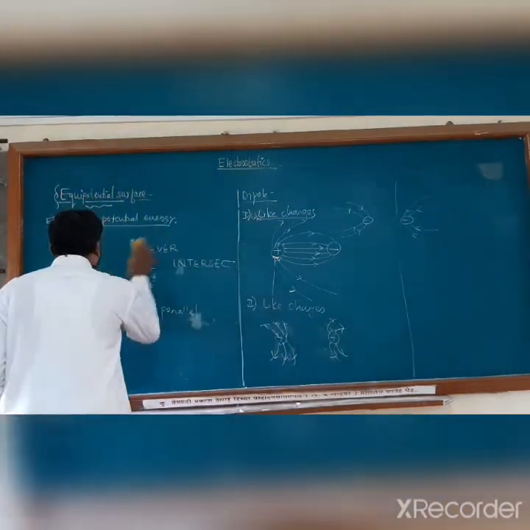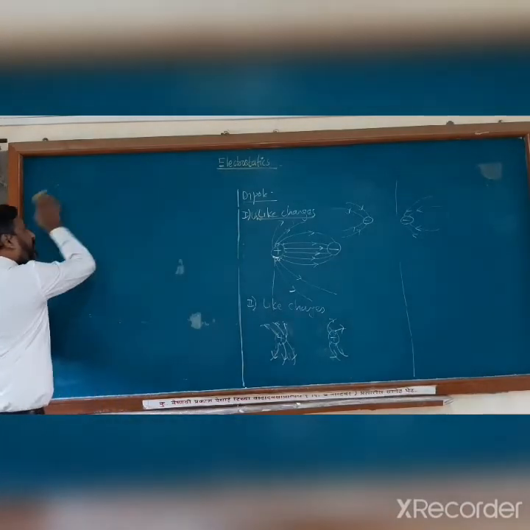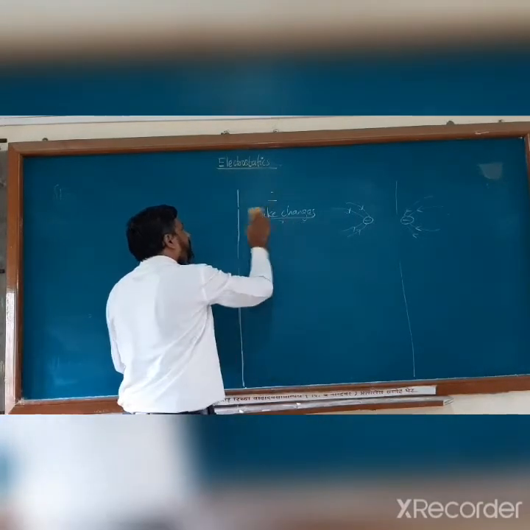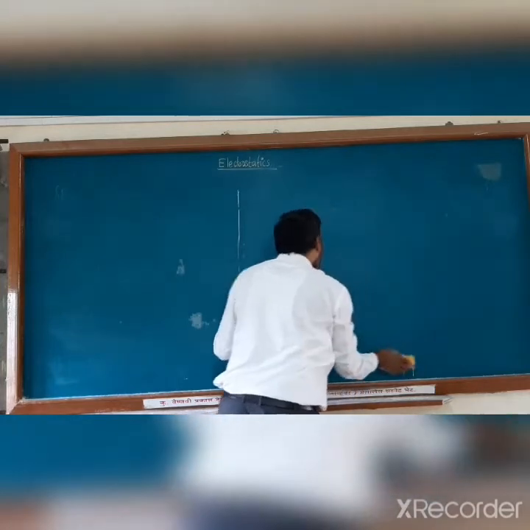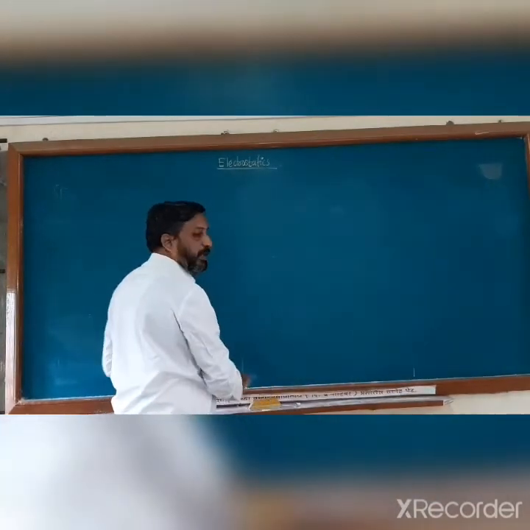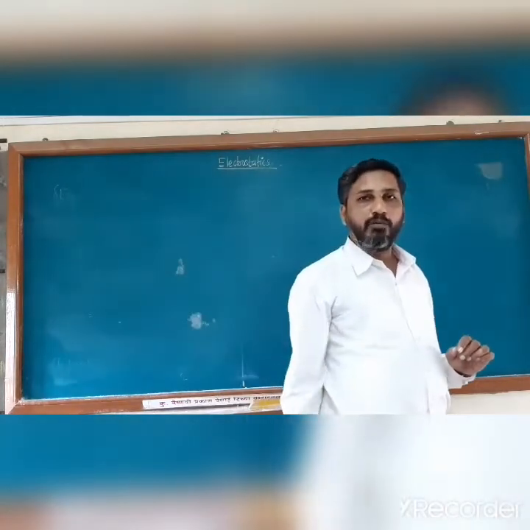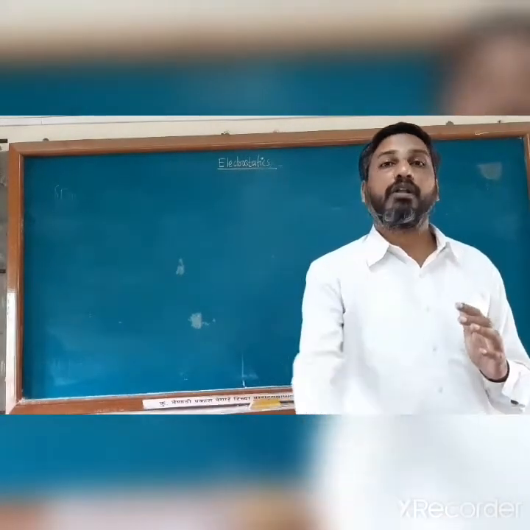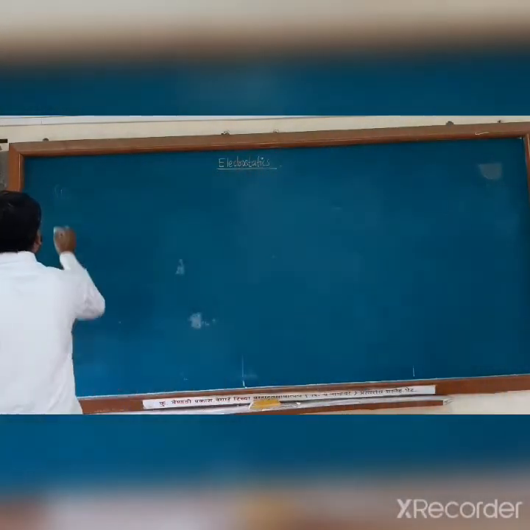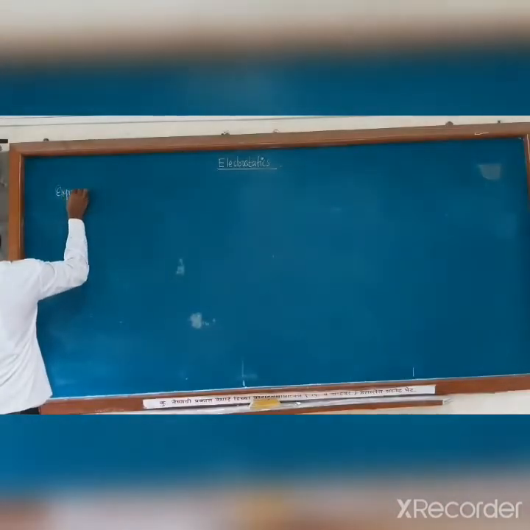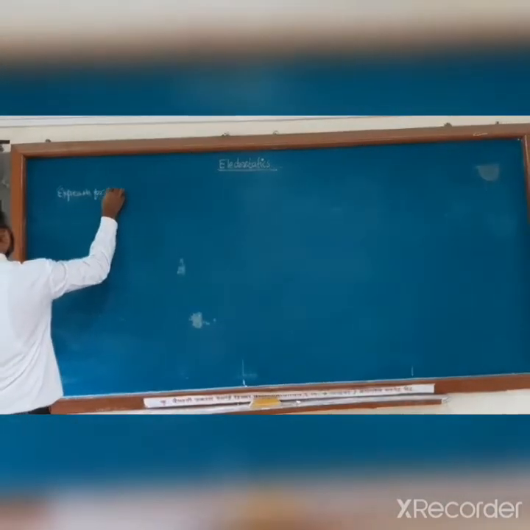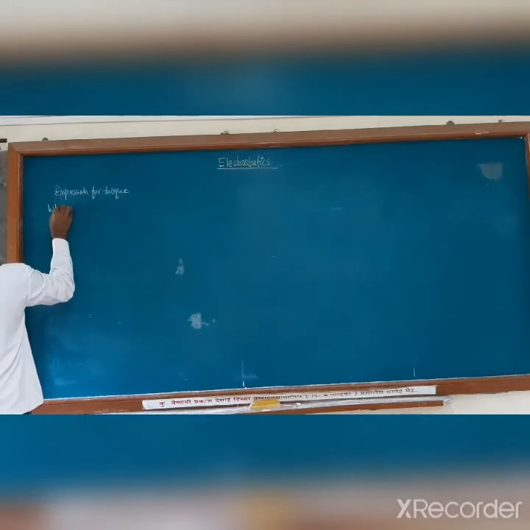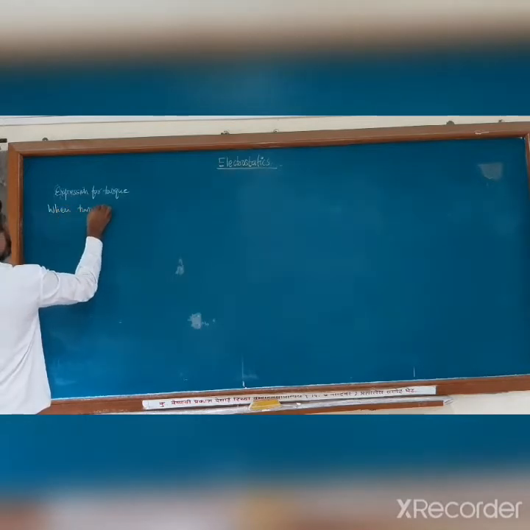Now the next and last article before the new point, the second part of electrostatics, which is the capacitor. The last article is the electric dipole moment. We are expressing how an electric dipole produces a torque. So the article is the expression for torque, but the condition is what? When